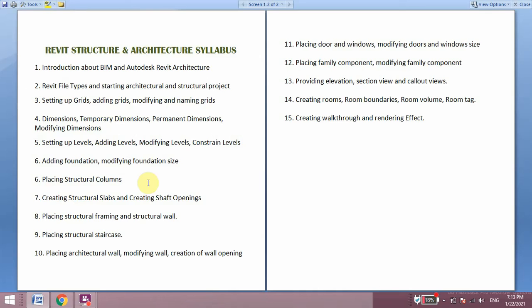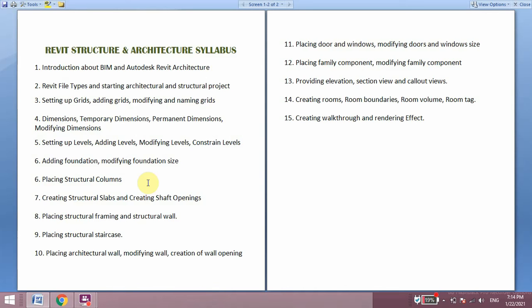And then next you have to learn placing doors and windows, and then changing the type of doors and window size. After that, there is placing of family components and modifying the family components. These all come under Revit architecture.